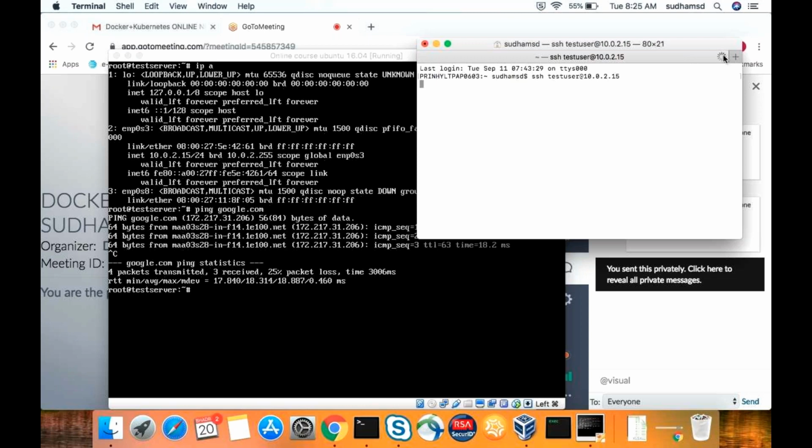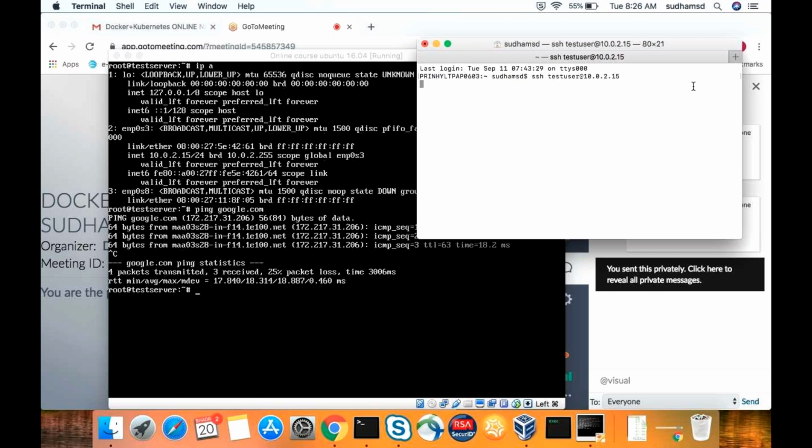You can see here it is hanging, in the sense it is trying to establish a connection, but it doesn't. Okay, why? Because incoming packets are not allowed with this IP address by default, only outgoing packets are allowed. So that is clear.